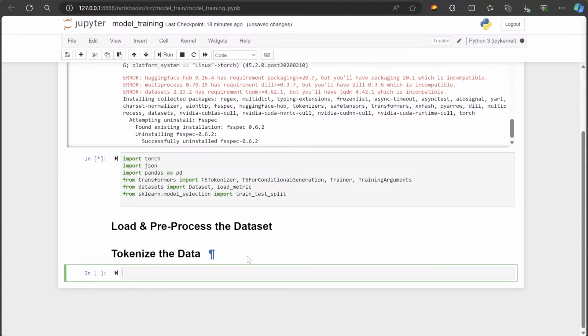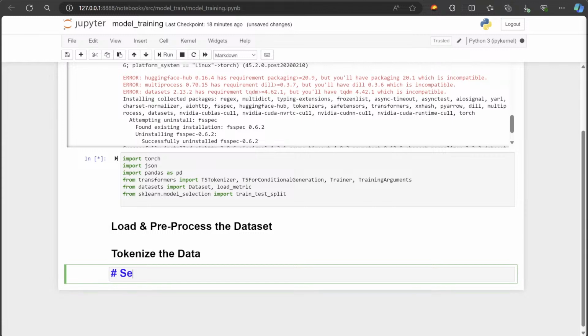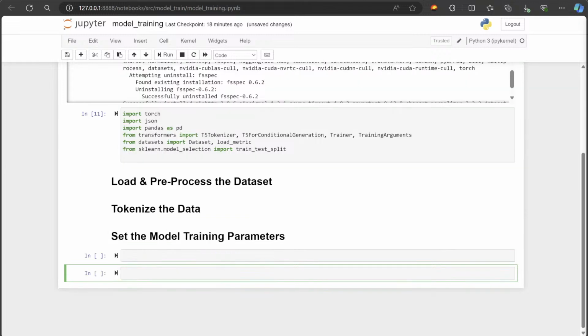Then we need to set the model training parameters,